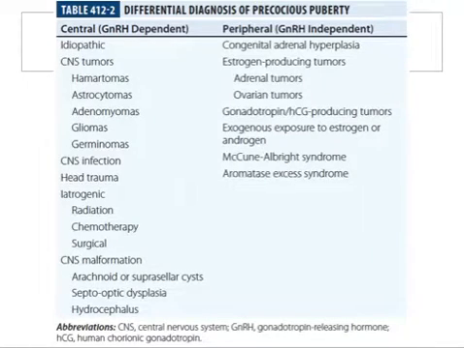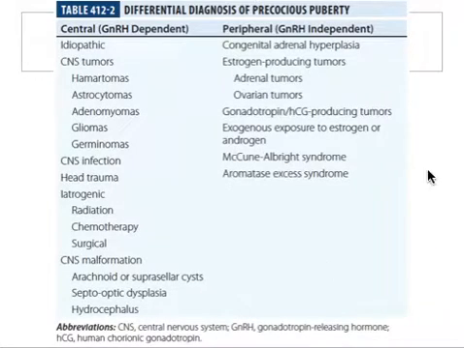So here are the differential diagnoses of your precocious puberty. It can be either GnRH dependent or central, or GnRH independent, meaning the problem is either in your adrenals or in your ovaries, or some resistance in your receptors. So if it's your hypothalamus or your pituitary that's the problem, then you have failure of your GnRH or your